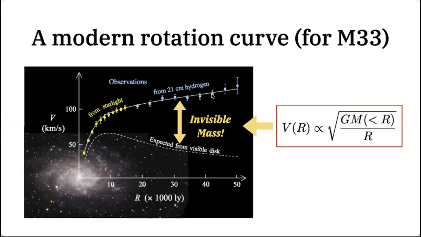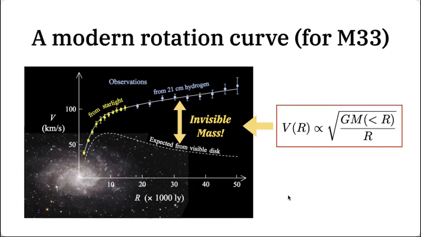On the other hand, if you take all the mass that we can observe and then calculate the rotational velocity based upon the visible mass, the dotted line is what it has. So clearly we see the gap between the rotational curve that we measure and the rotational curve that our theory of gravity, Newton's law of motion, dictates. So then the gap between them should be explained by invisible mass.